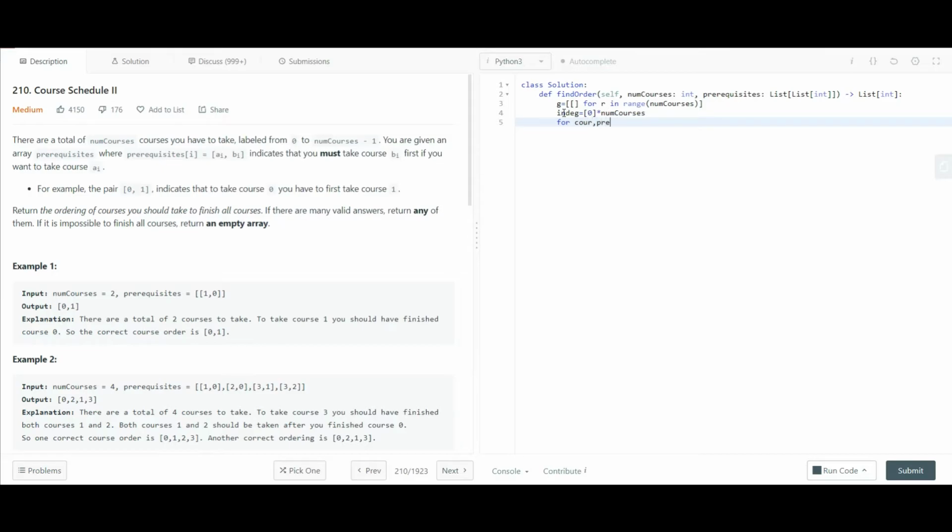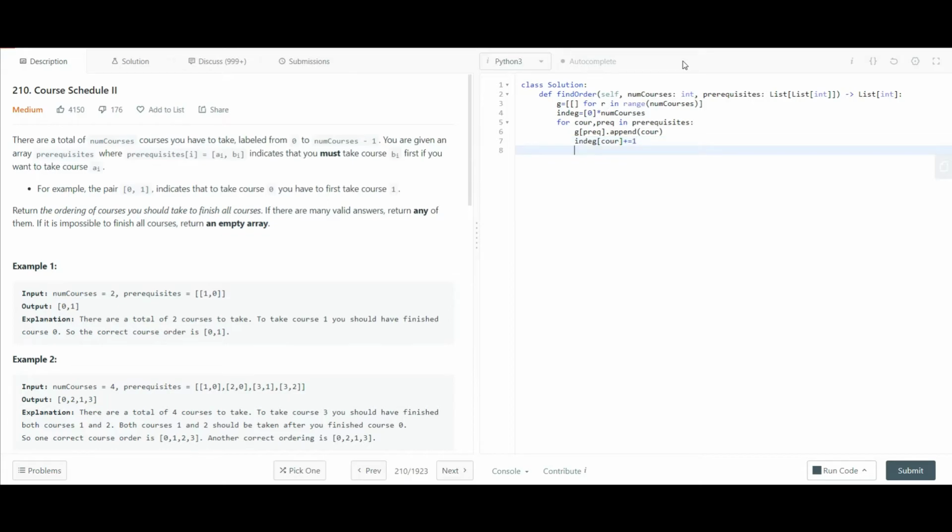So prerequisite and course in prerequisites. So graph of prerequisite dot append the course, and also we will increment the in degree of our course,